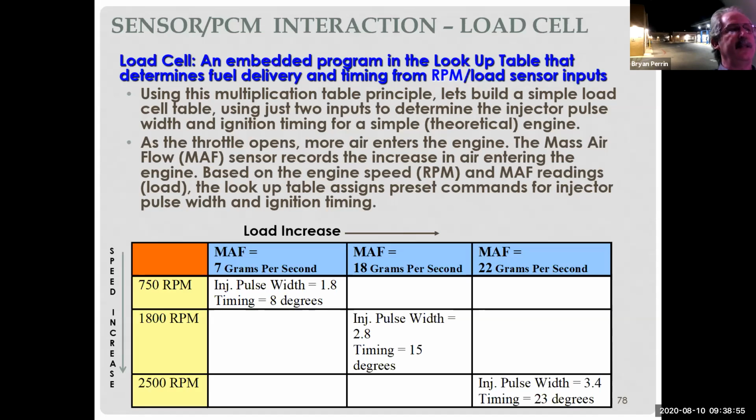When I accelerate the engine to 1800 RPM, and I'm now flowing 18 grams per second of air into the engine, we decided I need a pulse width of 2.8 milliseconds and 15 degrees of ignition timing. When I further accelerate to 2500 RPM, and I now have 22 grams per second of air coming in the engine, we've decided I need 3.4 milliseconds of injector opening, and I need ignition timing of 23 degrees. So we can see as we move through these things,